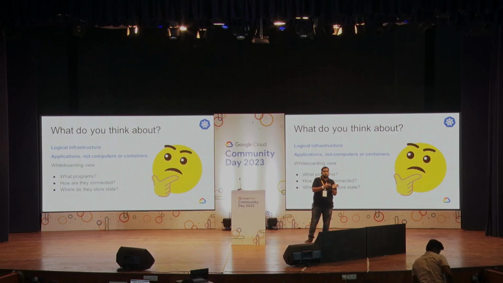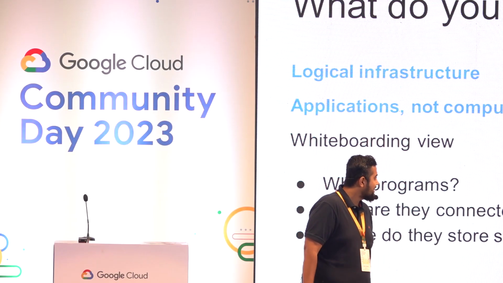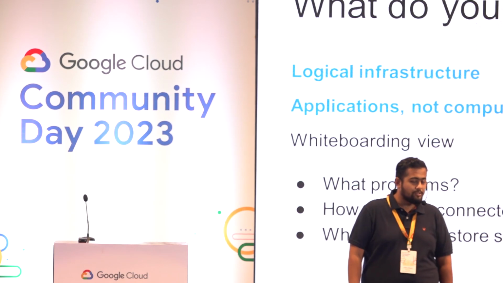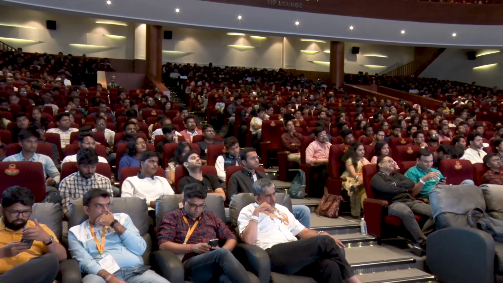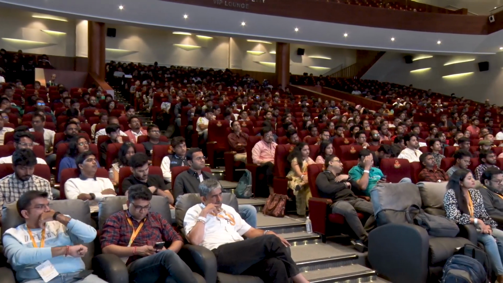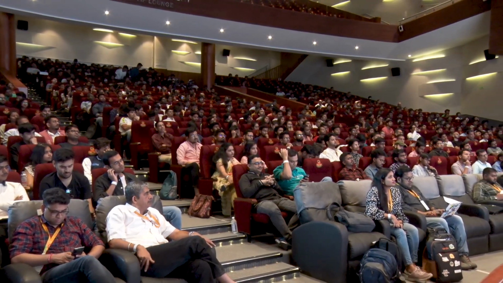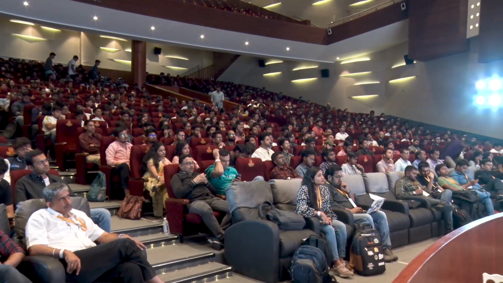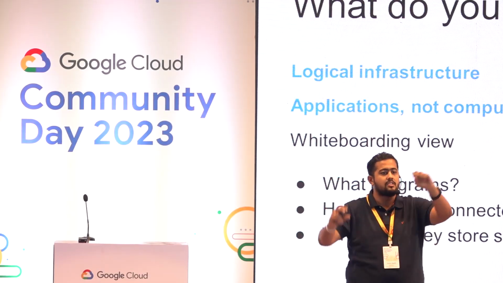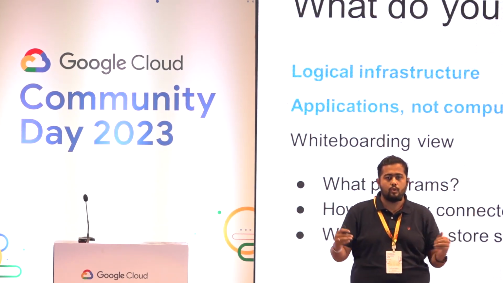So what does a developer now have to think about, right? He is getting more scared. If you see all the emojis, he was not as scared as this one, right? So he has to think about the logical infrastructure, how each of the components will connect with each other. That's why I call this the whiteboarding view. What I mean by whiteboarding view is, let's say you consider this as a whiteboard in front of me. This is my compute, this is my database, this is my Redis cache, this is my OAuth server. So I'll have to connect all of those things, right?